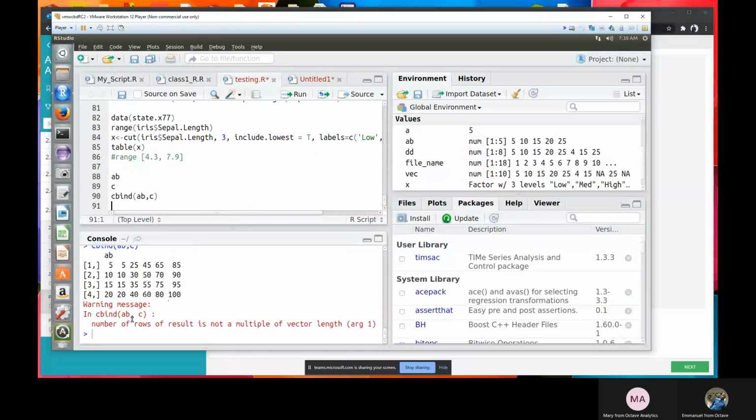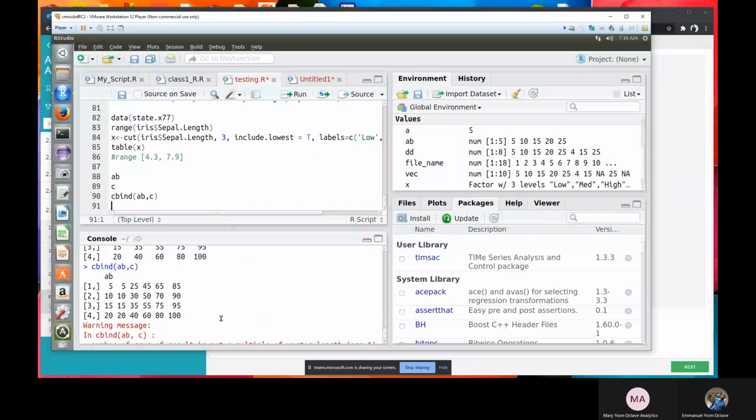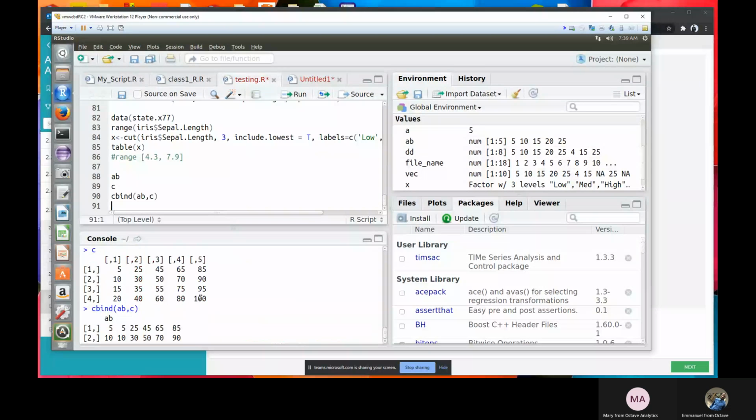It said warning, number of rows of result is not a multiple of vector length. The reason is that this one I want to cbind has 4 rows. If I'm doing a cbind, it means I want to transpose this AB and put it by the side of this one. But AB has 5 entries and I have 4 rows here, so there's no way you can append it to the side.